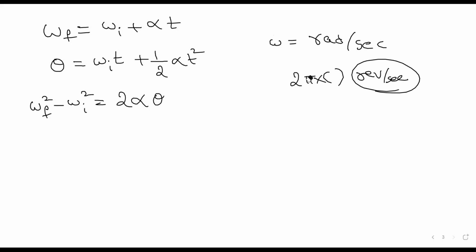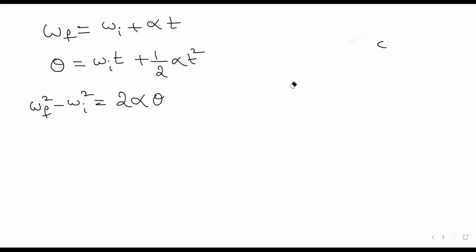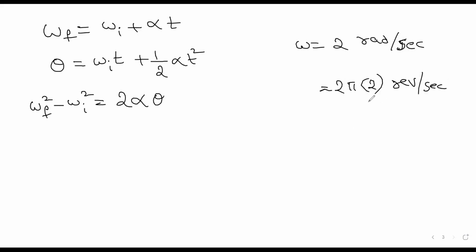This one we will do when doing the questions. Actually, in the questions, they will be providing omega as radians per second. Let us suppose omega equals 2 radians per second. But in general, the formulas we have are in revolutions per second, or rotations per second. What you have to do is just multiply with 2 pi into 2. If they give revolutions per minute, RPM,